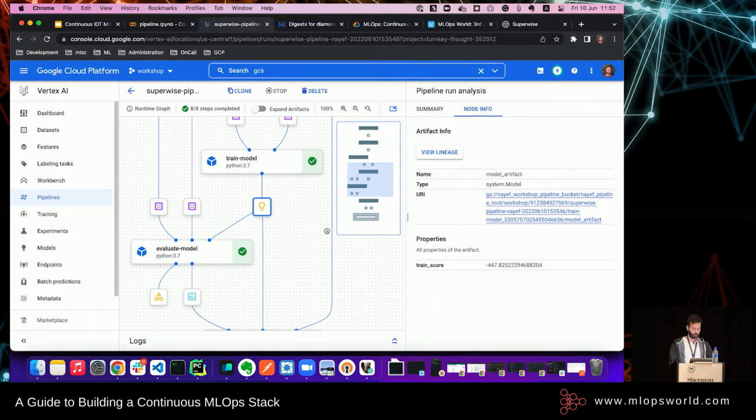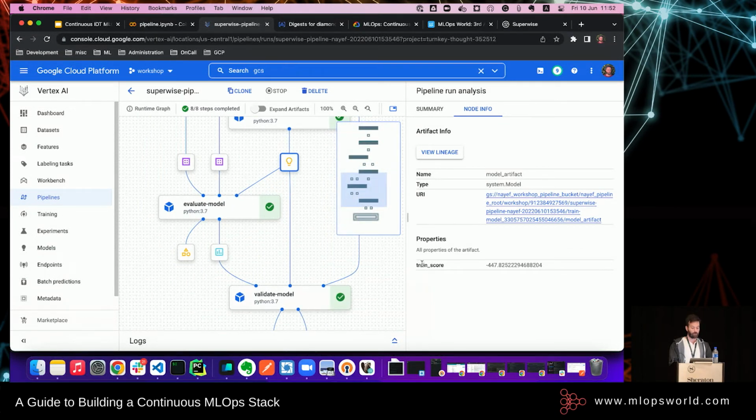And in addition, one cool metadata property that we also logged is the train score. And you remember I said that if its absolute value is smaller than 1,000, then we're good enough for production. So in here, we can see that our model is missing on average by 447 US dollars when it's predicting diamonds.